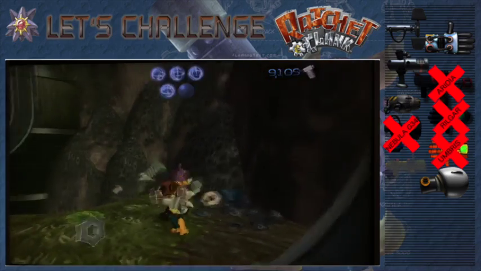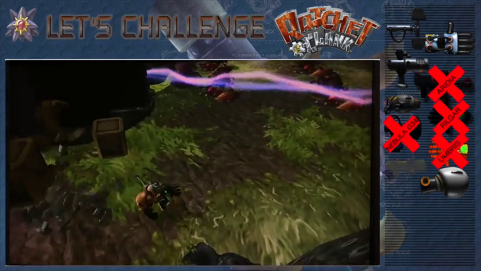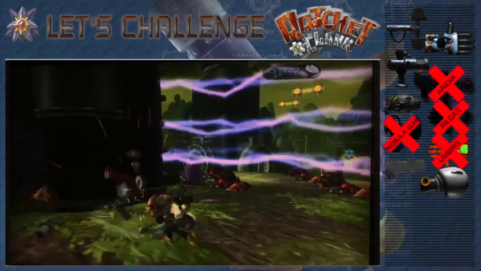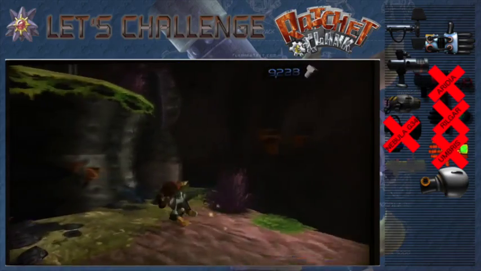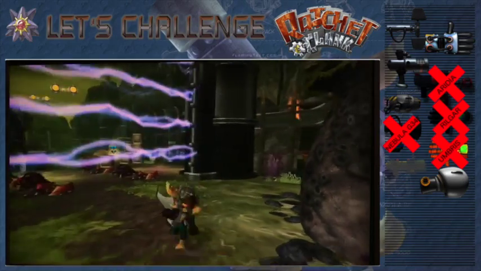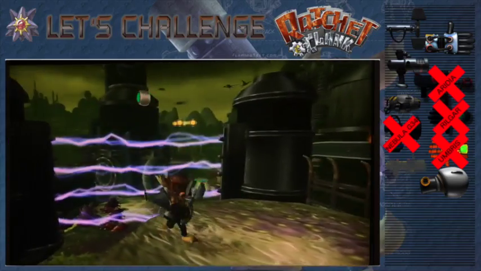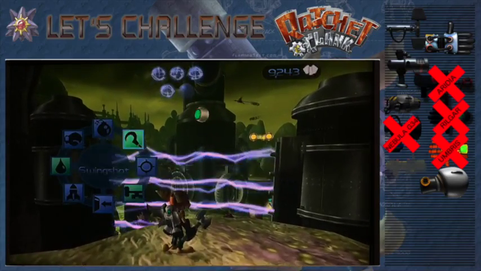Yes, that's good. So if I had access to the taunter, I could use it here in order to get these enemies to wander into this force field, and that would do a lot of damage to them. Fortunately, I don't have a taunter, so I can't do that. So instead...